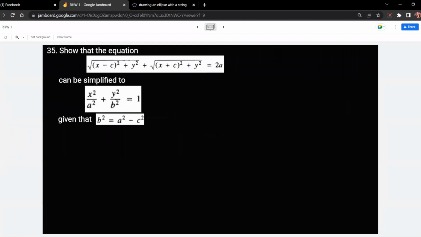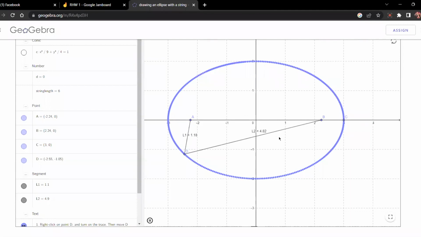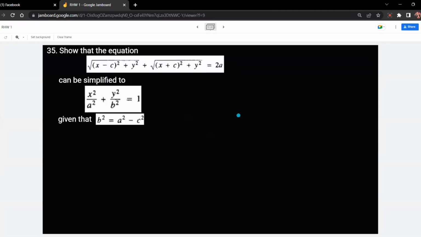Ngayon, yung number 35. Show that something can be done by